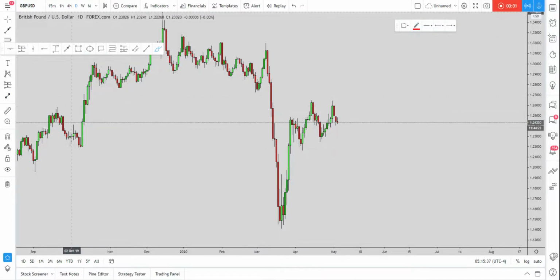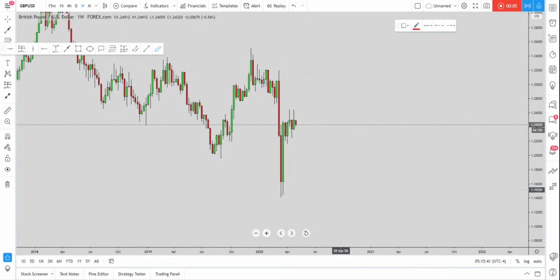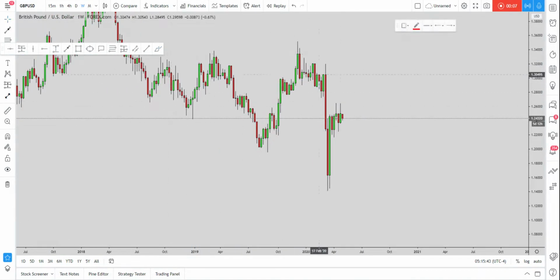Okay, so what kind of situation do we have at the moment on GBP USD? Now, from a weekly perspective, everything is very straightforward. The market created this beautiful impulse to the downside, first followed by a very aggressive retracement. However, this retracement that started very strong is now definitely showing a deceleration. And basically the deceleration is due to the fact that clearly the market is retesting this very important structure, which